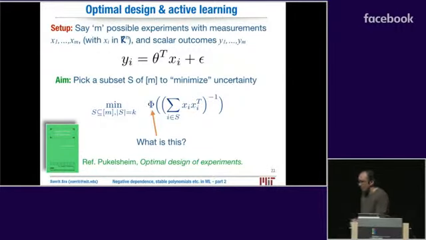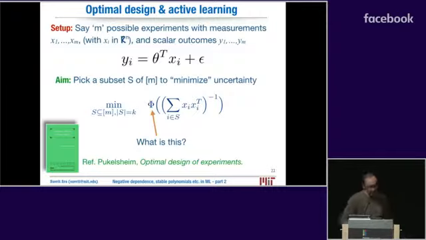And the aim, one way of formulating this experimental design problem of picking an optimal subset of experiments, this is just one way, not the only way, just for illustration, but it's a very widely used formulation, is to pick a subset of, say, size less than or equal to k, where k is your budget, of which experiments to run to minimize uncertainty. So now you look at the covariance matrix inverse there,